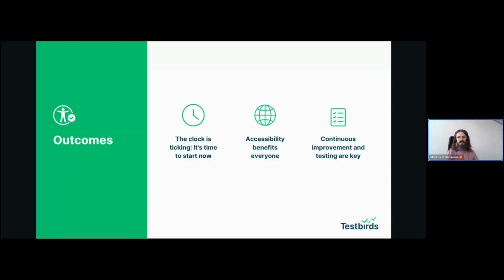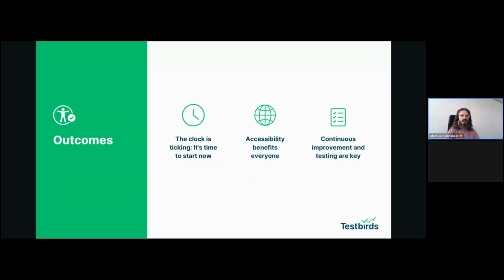And that already brings us to almost the end. I have kind of three outcomes for you, or maybe a short takeaway. So on the one hand, the clock is ticking because we have a bit less than one year until the European Accessibility Act is enforced. However, that should only be the trigger, I think, for everyone, because as we've seen, accessibility